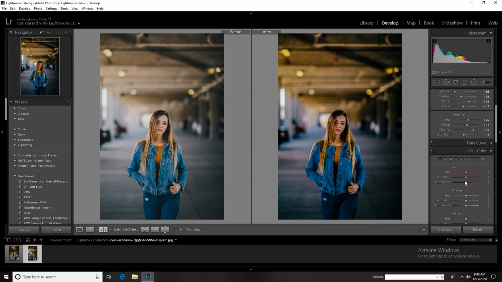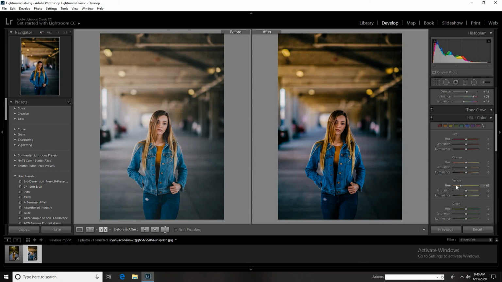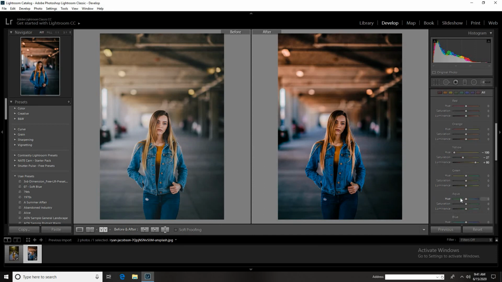Now we'll again go to the color panel, and here you can see the yellowish color tone. So I'll change it like this. By decreasing it, you can see it looks much better. I am doing this, but the orange shade is ruining everything, so yellow is better. After adjusting the luminance, as you can see her jacket is blue, so I am using the aqua color to touch it up, and by the blue shade I can change its hue, as you can see.